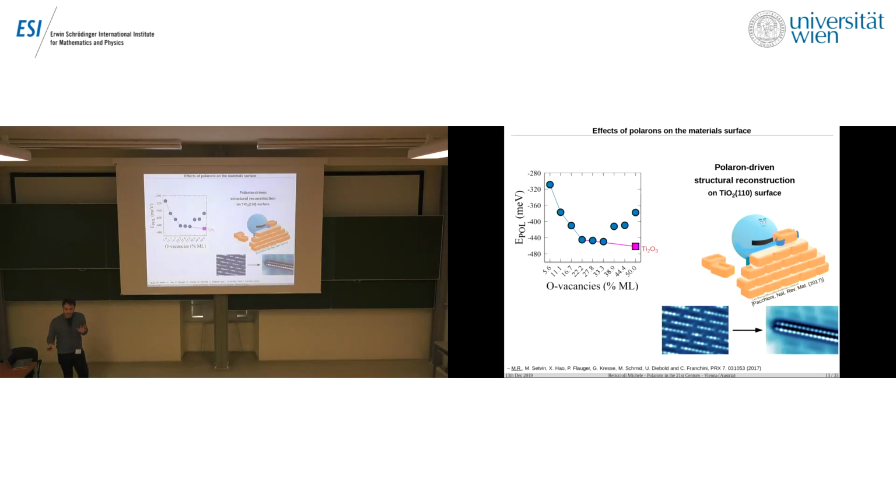This is a kind of convex hull, which tells us that in this first part of the graph, the system likes to have more and more polaron, because when you add more electrons to the system, the polaron formation energy gets stronger and stronger, up to reaching this critical concentration of oxygen vacancy, which corresponds to having a density of 33% polaron in the sublayer. When you reach this point, putting more electrons in the system leads to the formation of polaron on the surface layer, which is energetically unfavorable